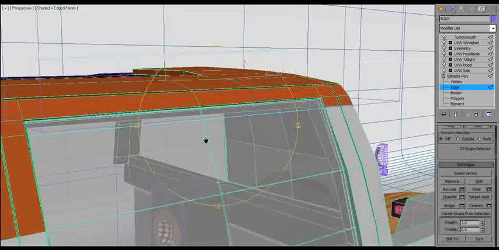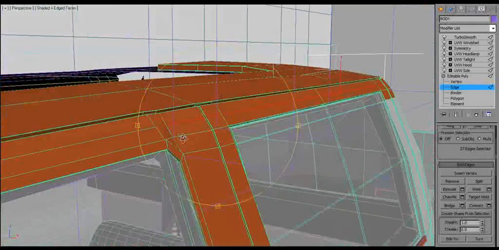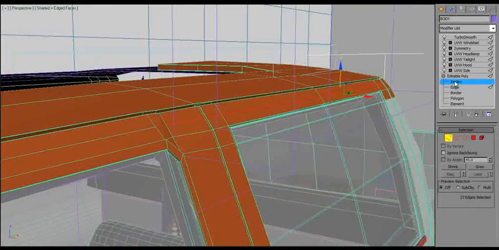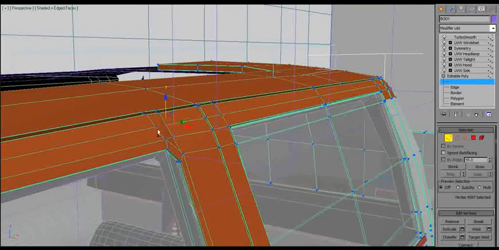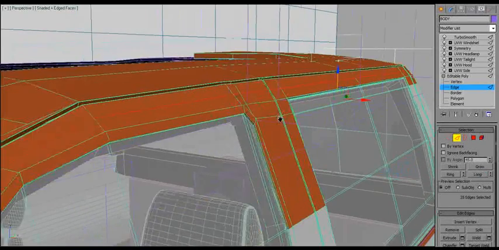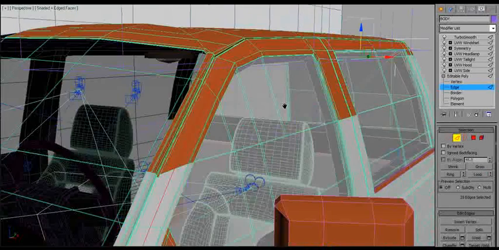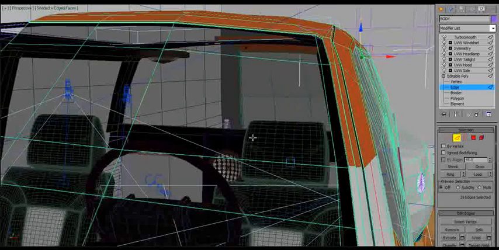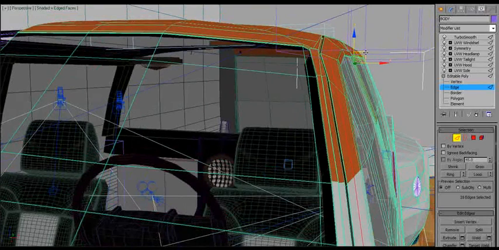That runs an edge directly across all of them, and all I have to do is connect these two vertices here. Now I should be able to hit select and then loop, and that's going to let me select that whole section,